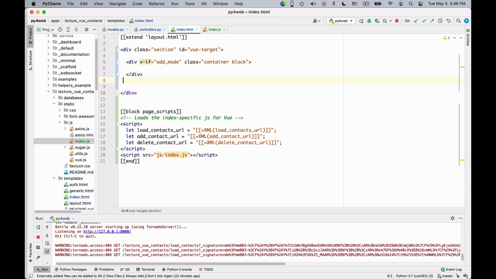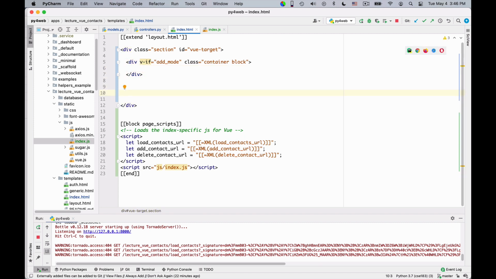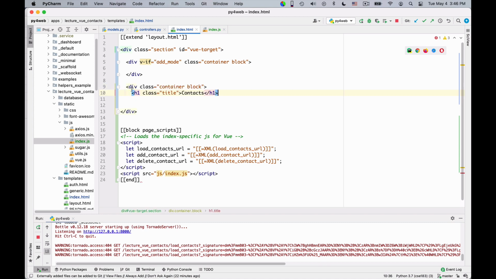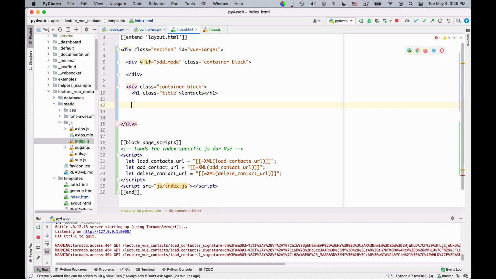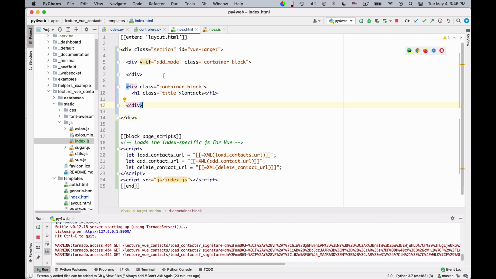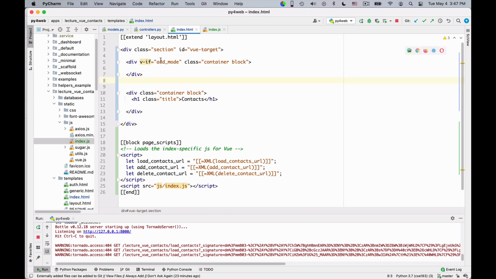And then I want to add below another div, okay, that will contain our contacts list. So this is the other div, and here it closes. Okay, so this is a high-level structure of the page. We may leave a bit more space.